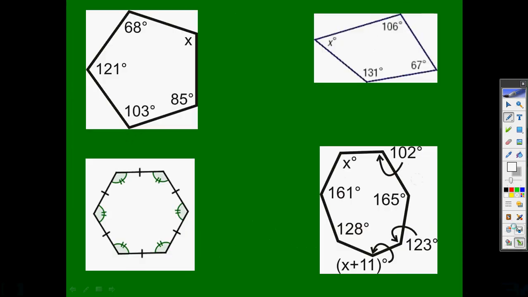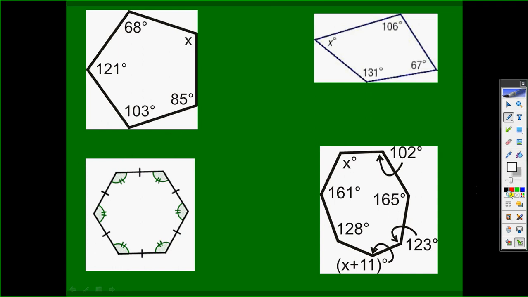Looking at these shapes and applying what we just talked about, this first shape I've got 1, 2, 3, 4, 5 sides. So I'm going to take 5 minus 2 and realize that this pentagon would split into 3 triangles times 180. I've got 540 degrees total in this pentagon. From that, I'm going to subtract away what I've already got, 540 minus 121 minus 103 minus 85 minus 68,